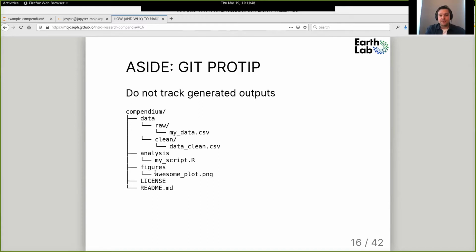So for example, if this awesome plot is generated every time we run the code, we don't necessarily need to track that using version control, and same for this clean data set. If we can create this from the raw data, maybe we don't want to always keep track of how it changes over time. And so one thing you can do to ignore those files is to use